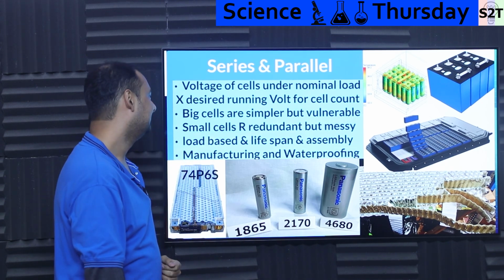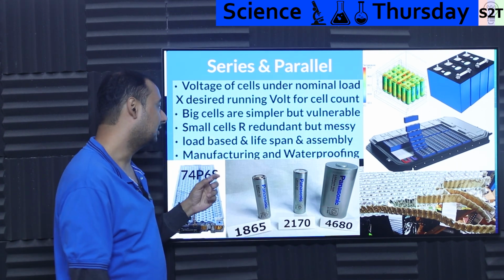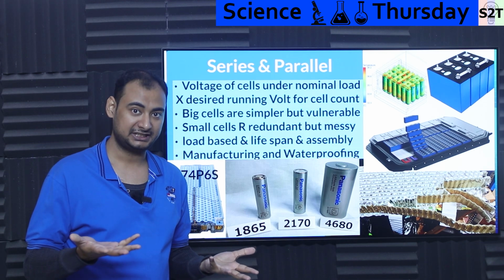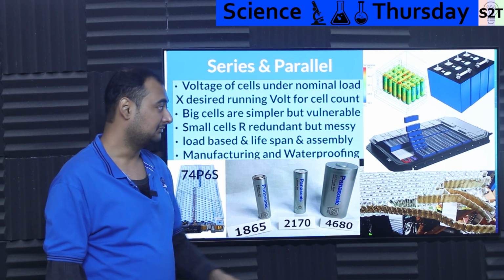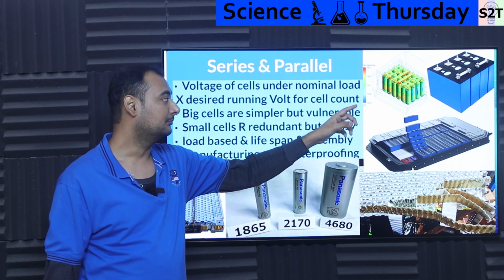That's the easy part. Now, then you will have a choice. Do you use a small cell? Do you use a big cell? Now, each of them is a pros and cons kind of equation. Now, what Elon Musk did was very clever. Back in the old days, there was this sort of prismatic cell. Yes, these were there, but they were so